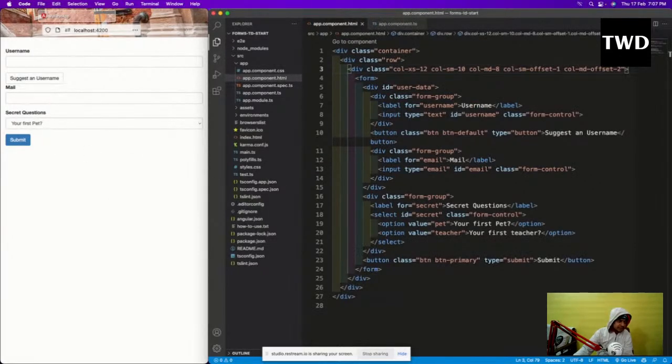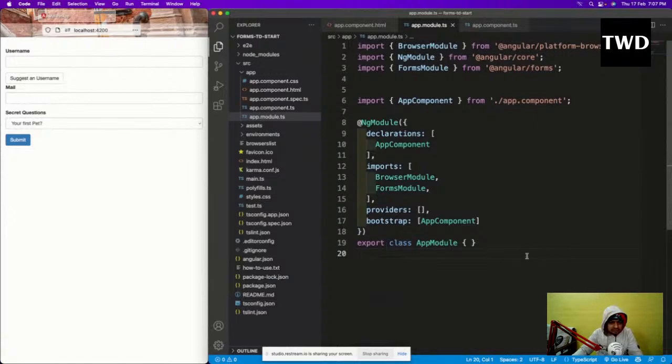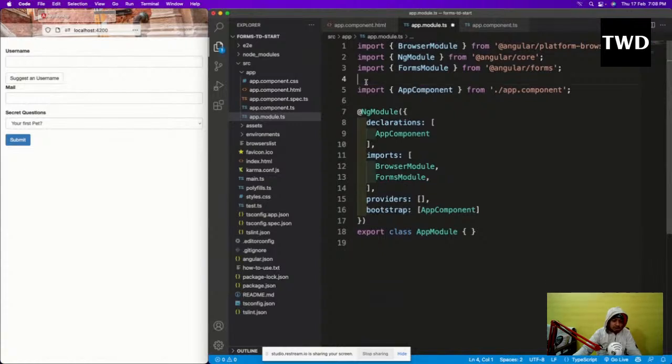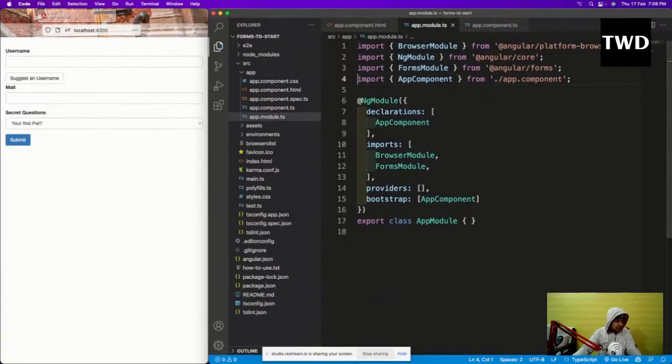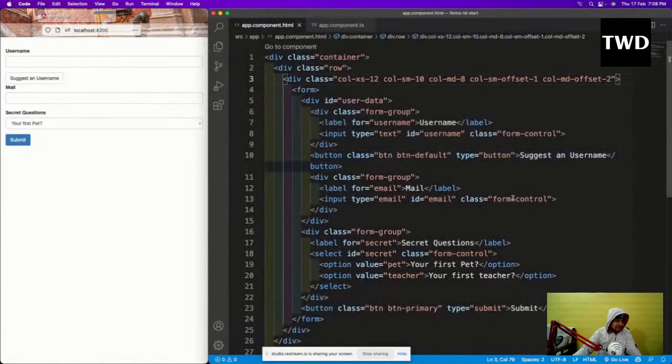To have this template driven approach, we first need to go to the app.module.ts file. Hope you're all able to see my screen. Maybe it's a bit small, so I should increase the font size. Okay, so this is there, and the forms module is already imported, and it should be imported, or else it won't work. The forms module should be imported. Now, to convert our simple HTML, see, this is a simple HTML file, we are going to convert it into a template driven form.